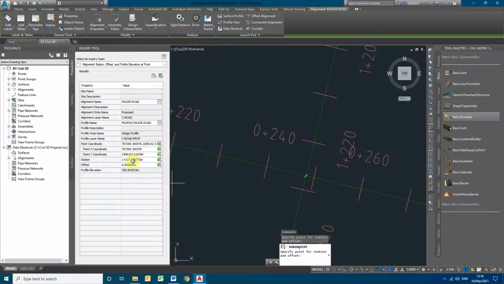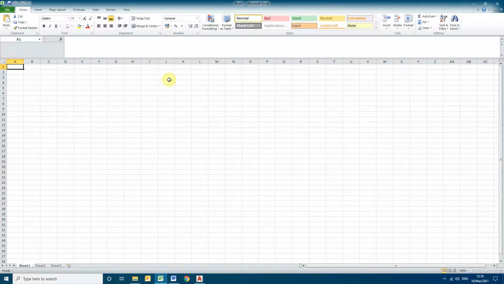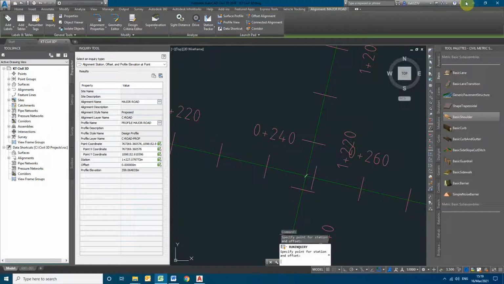Here you will be getting the station, the chainage on the major road, and the elevation on the major road. I will make a note of this: station on major road and elevation.